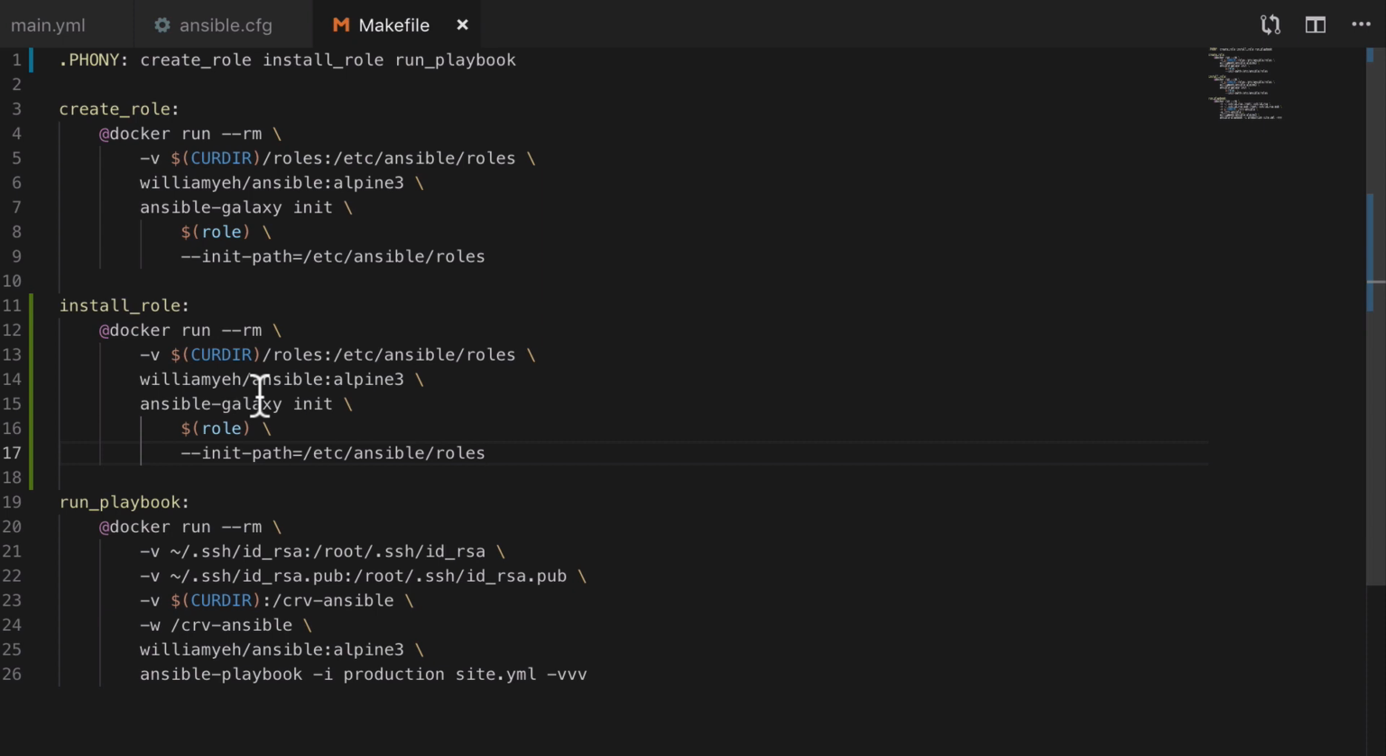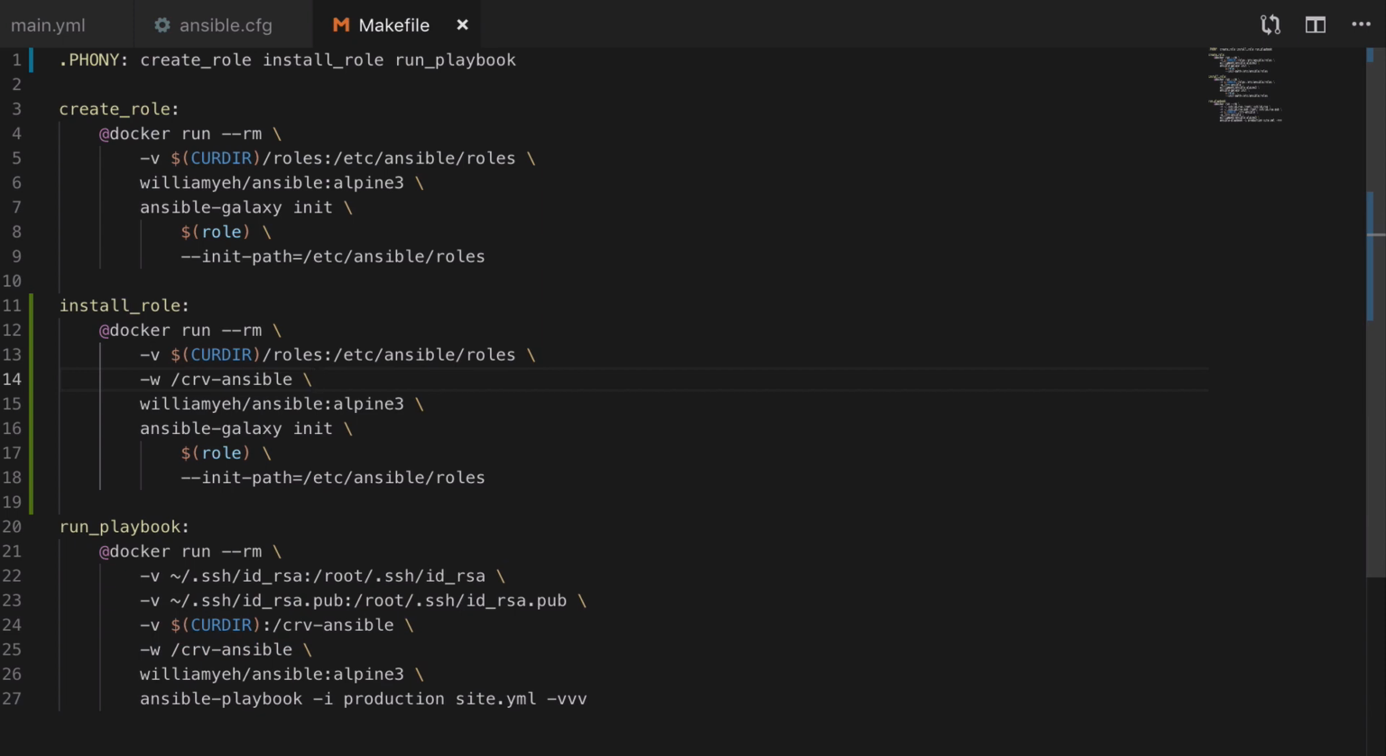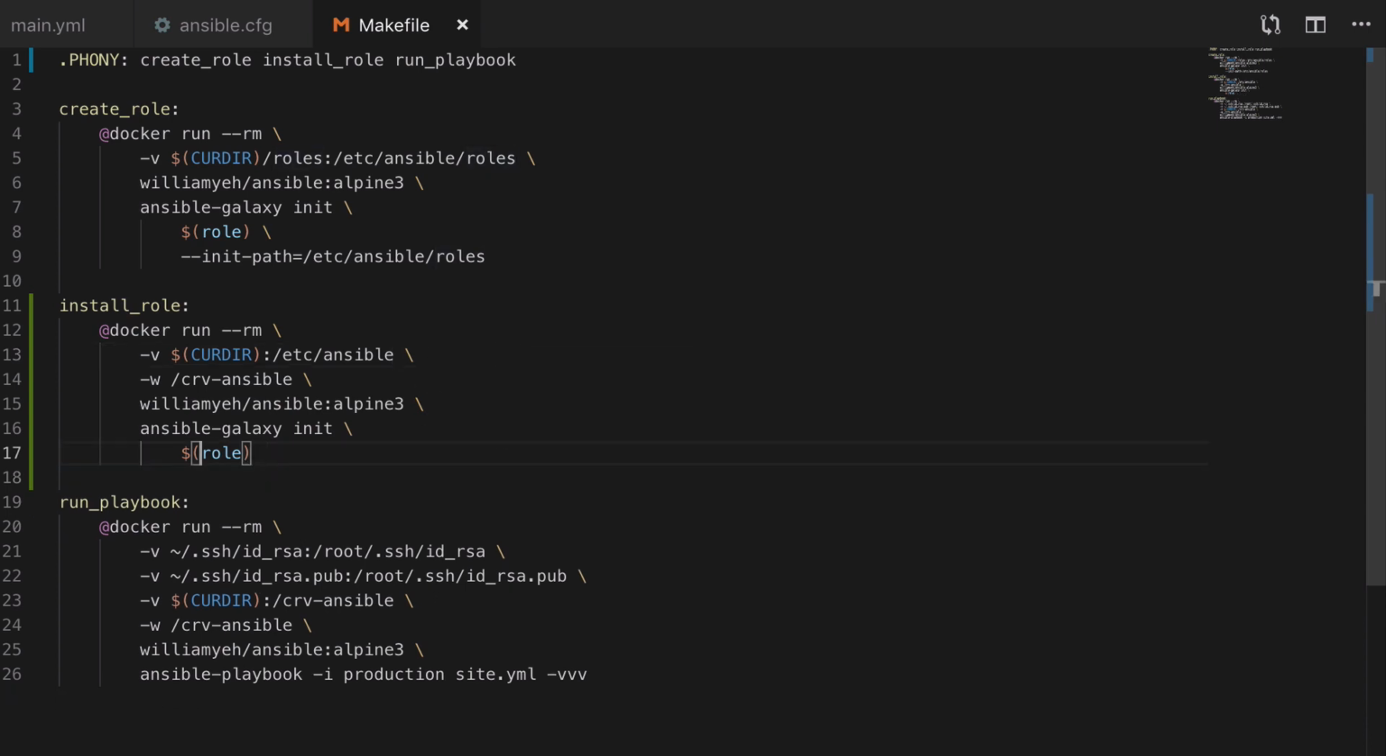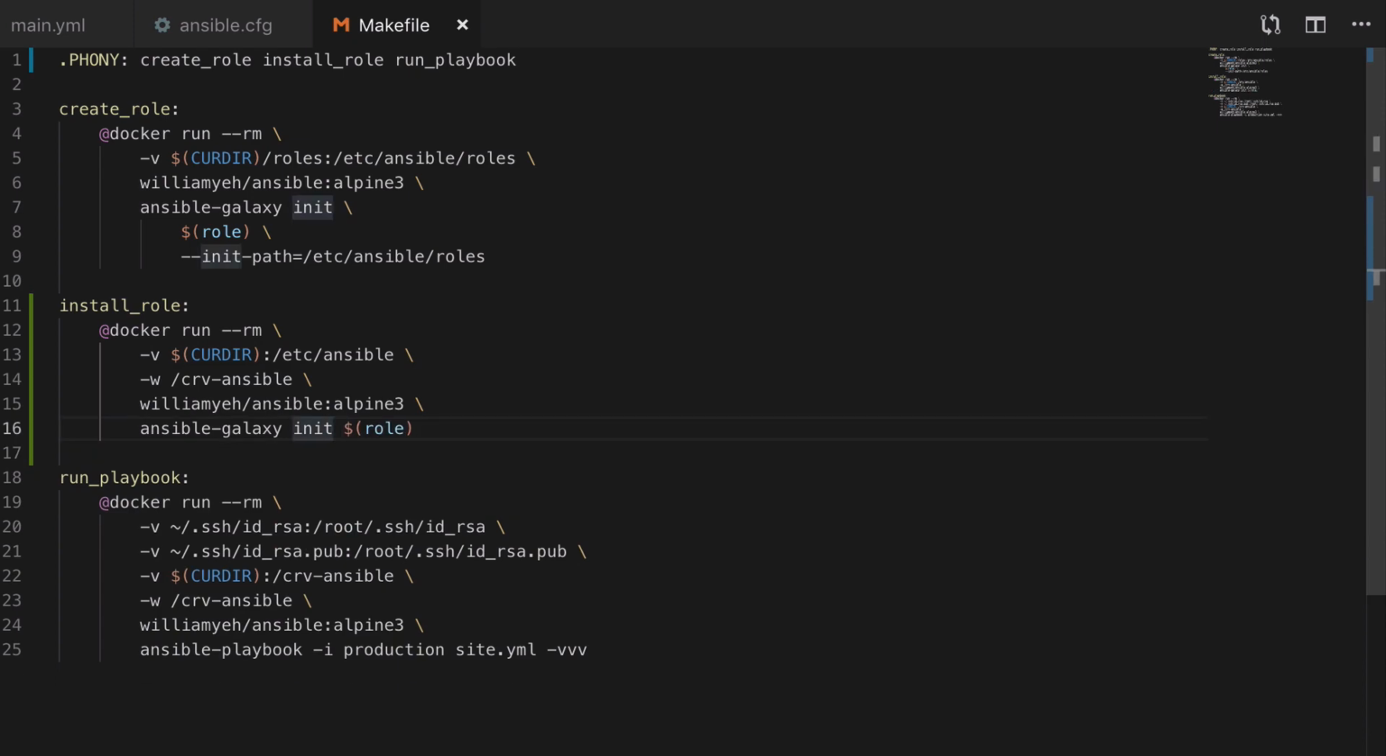I'm going to set the working directory inside the running container to be crv-ansible. As a completely arbitrary name for the directory, you can of course call it anything you want. I've made a mistake here. The thing that I wanted to do was map my current working directory into crv-ansible. I'll correct this shortly. The only thing left to do is tidy up the command to be Ansible Galaxy install